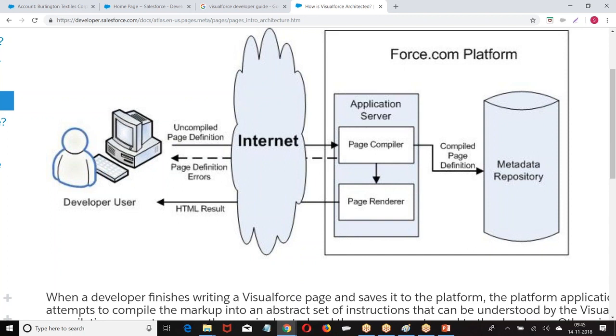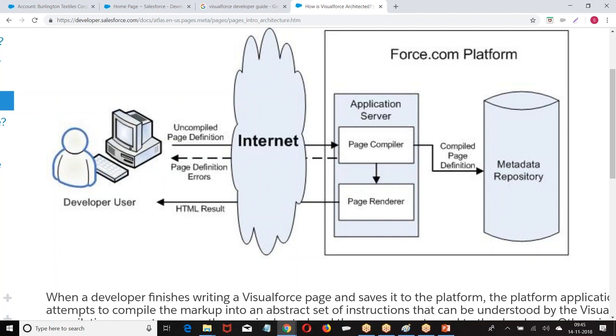So I wrote Visual Force component. How the Visual Force components are designed? Salesforce wrote the Visual Force program. Salesforce created HTML elements. Salesforce has designed the HTML code and they give name for the code, called a component.